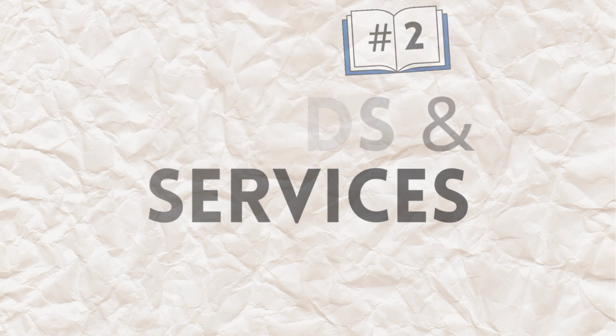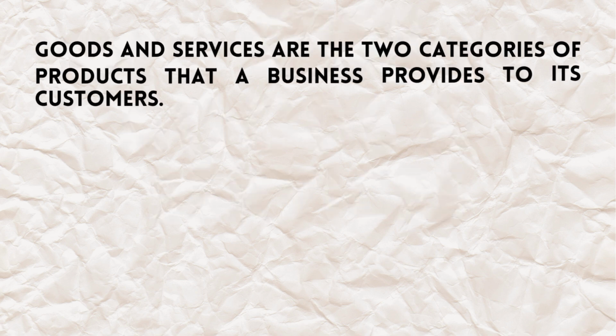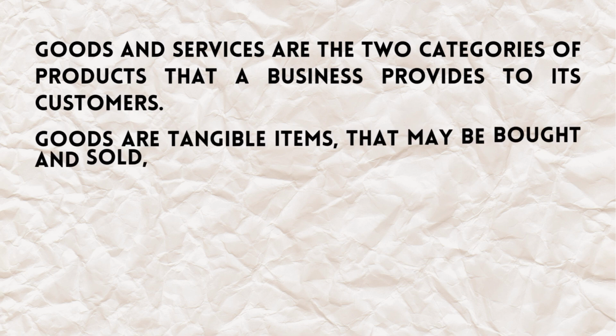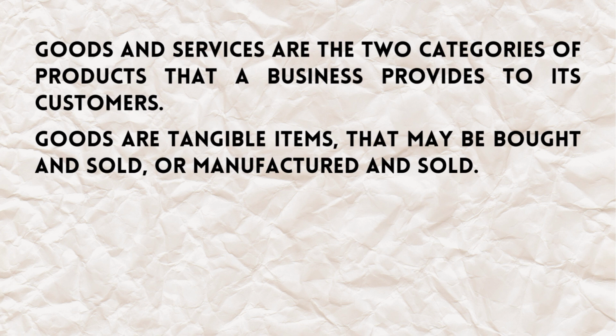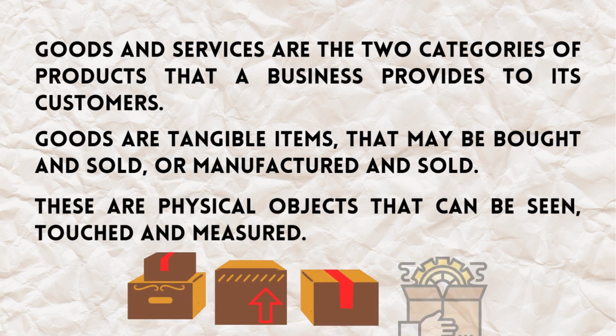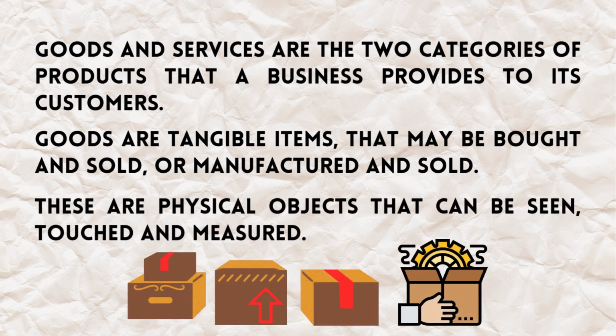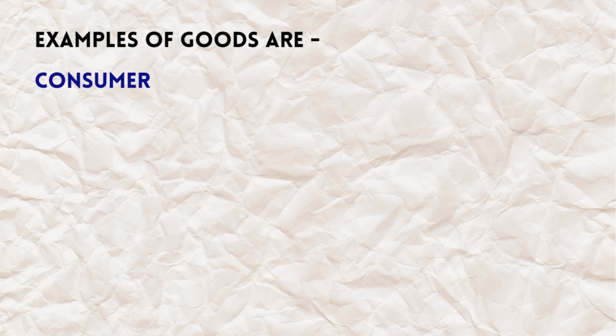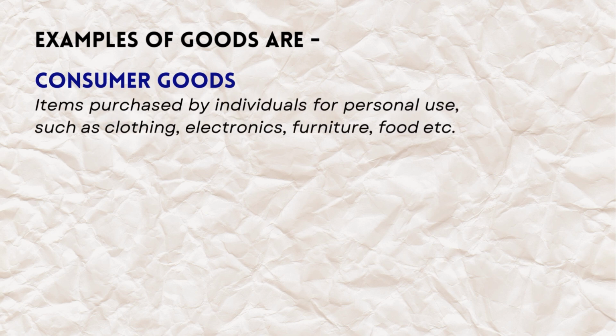What are goods and services? Goods and services are the two categories of products that a business provides to its customers. Goods are tangible items that may be bought and sold or manufactured and sold. These are physical objects that can be seen, touched, and measured. Examples of goods are consumer goods, like items purchased by individuals for personal use, such as clothing, electronics, furniture, food,